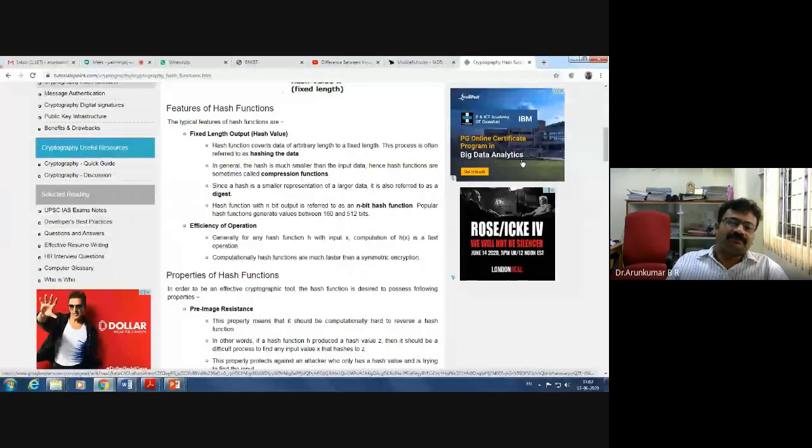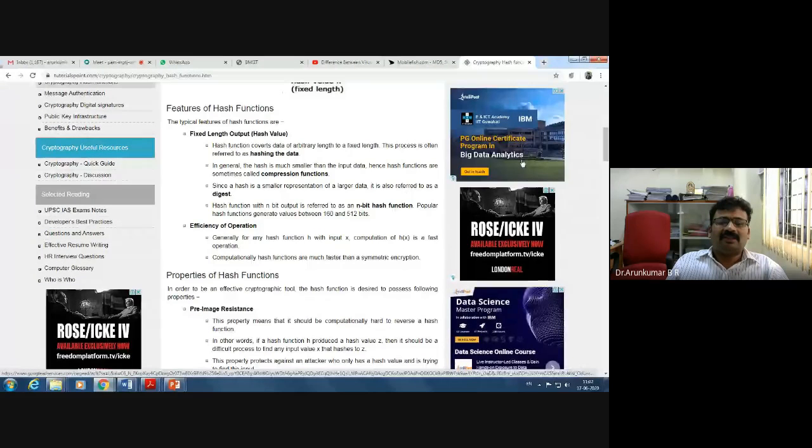That means if a hash function h produced a hash value z, then it should be a difficult process to find any input value x that hashes to z. This property protects against an attacker who only has a hash value and is trying to find the input. So in a typical hash function, even though you know the hash, the input cannot be identified. So an attacker cannot find the input, in a typical sense.